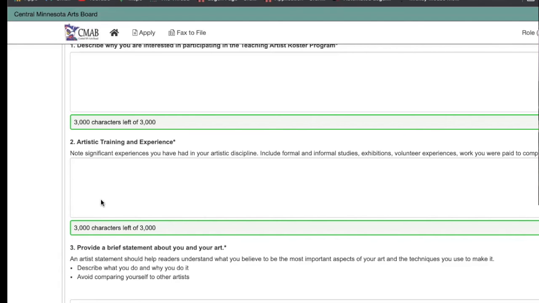She was designing all of the activities that all of these classes did and creating displays, et cetera. So there are lots of examples of artistic training and experience that may not mean I have a bachelor's degree or I taught this specific thing.